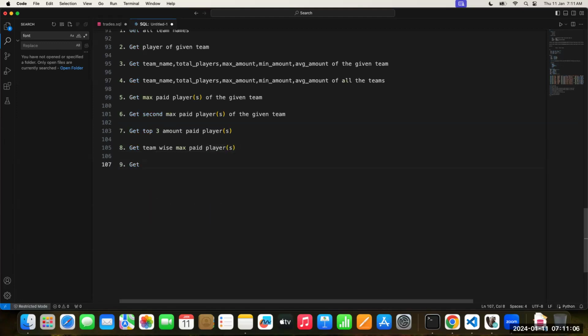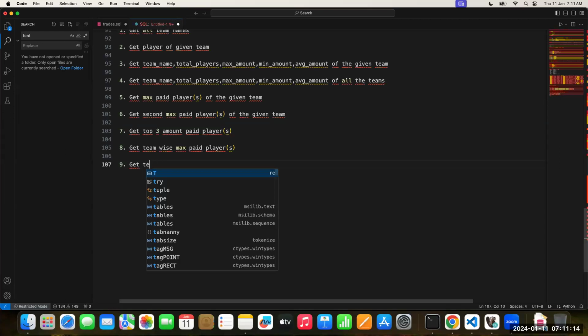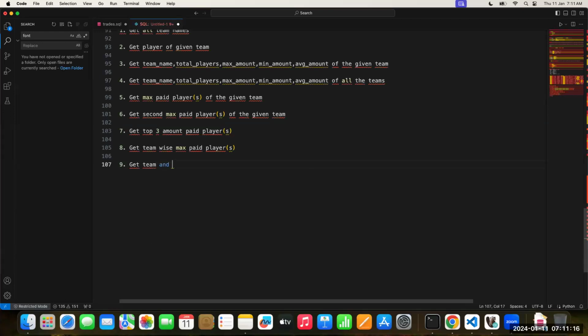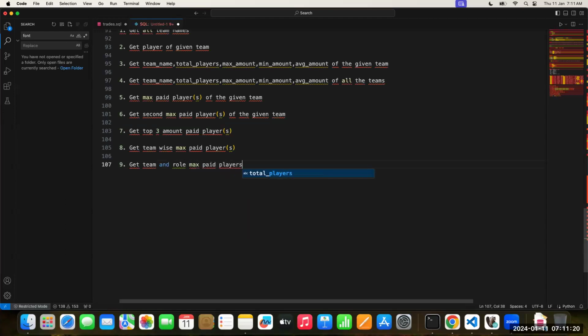Get the role wise, team and role wise max paid players. Okay, max paid players we are going to do this here. The 10th query we would be writing as a